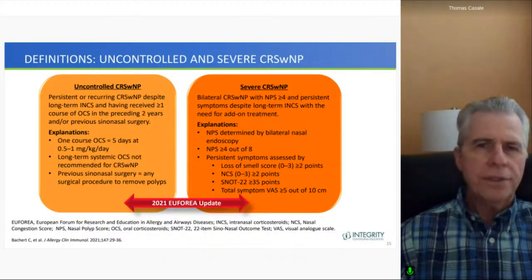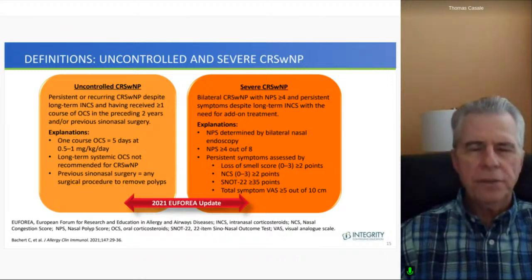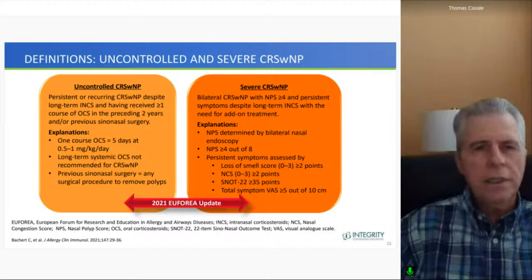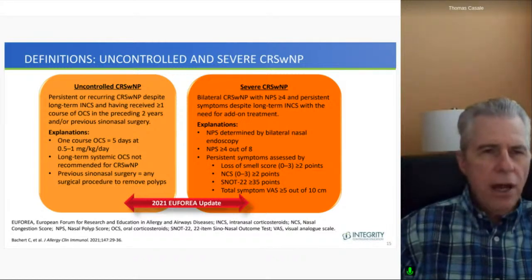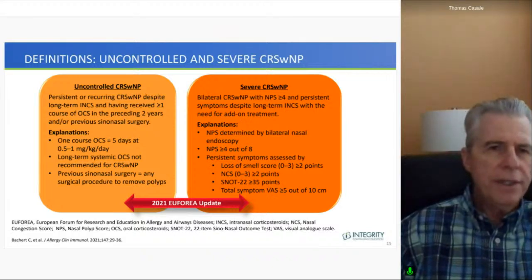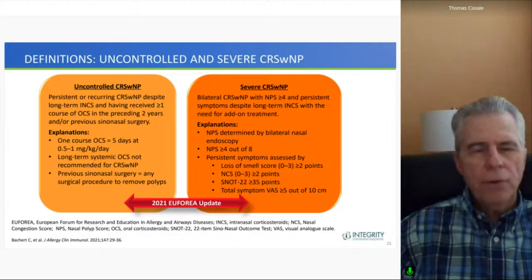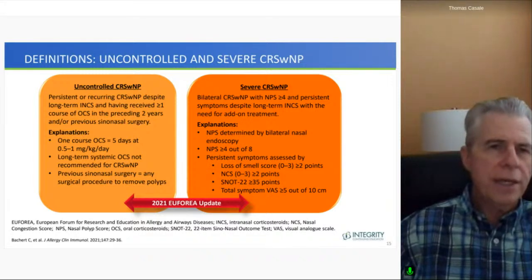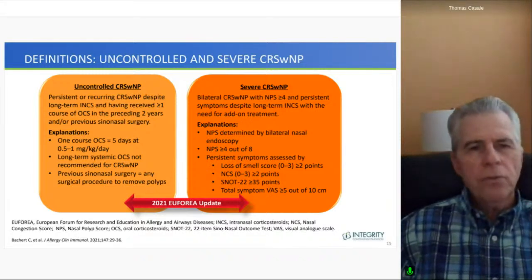Defining uncontrolled and severe chronic rhinosinusitis with nasal polyps is important because that really dictates what your therapeutic options are going to be. Uncontrolled means that you have persistent or recurring symptoms despite long-term intranasal corticosteroids and having received at least 1 course of oral corticosteroids in the preceding 2 years and/or previous sinus surgery. So you could see on this slide the